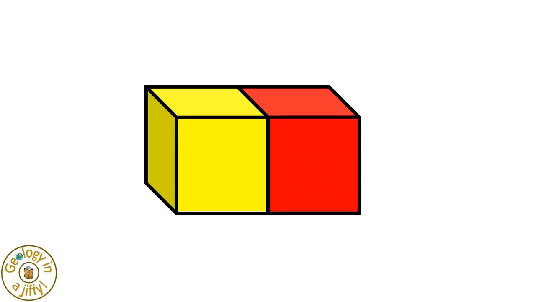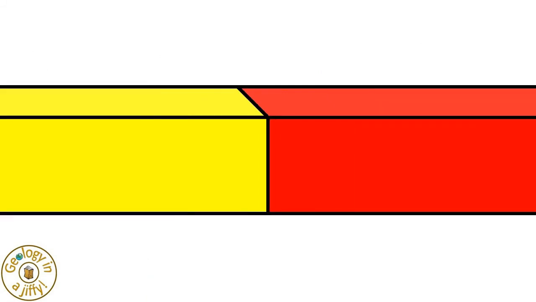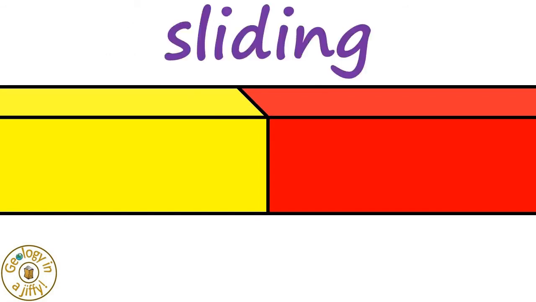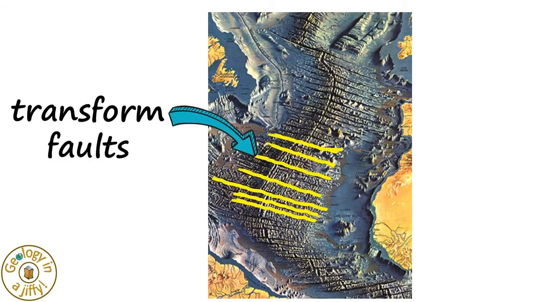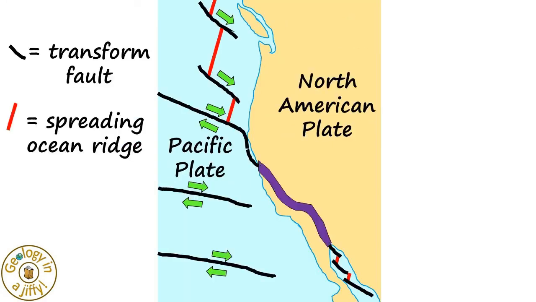The fourth type of fault does not involve blocks of rock, but instead involves plates, the faults being transform faults. These faults, found at plate boundaries, occur due to 2 plates sliding past each other. Most transform faults are found in ocean basins, where they connect offsets and mid-ocean ridges. However, a few occur in continental plates, such as the San Andreas Fault Zone in Western America and the Alpine